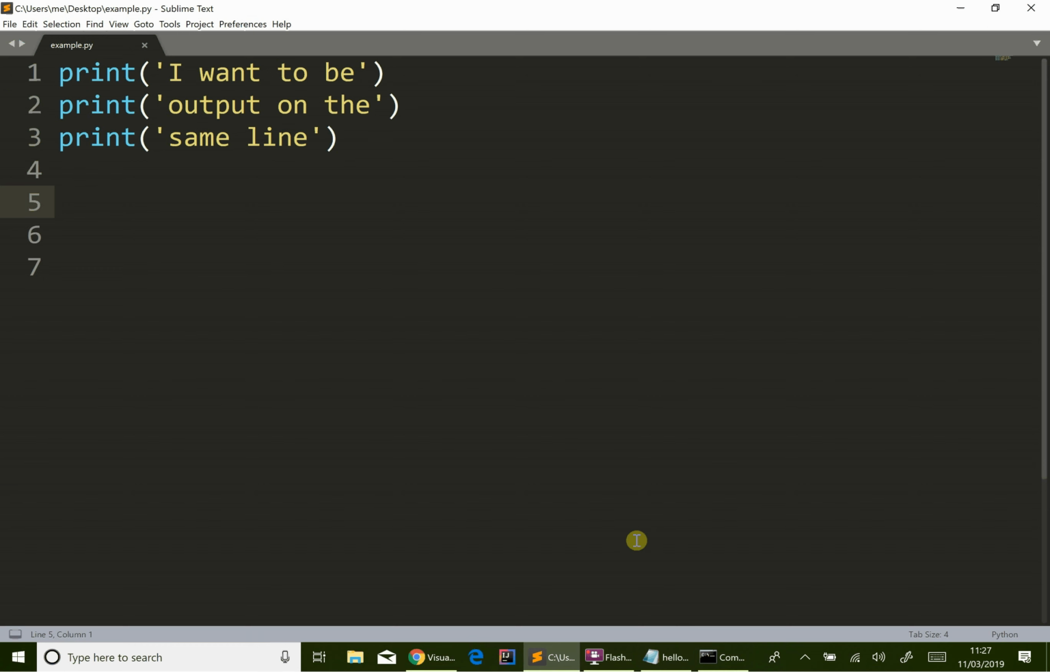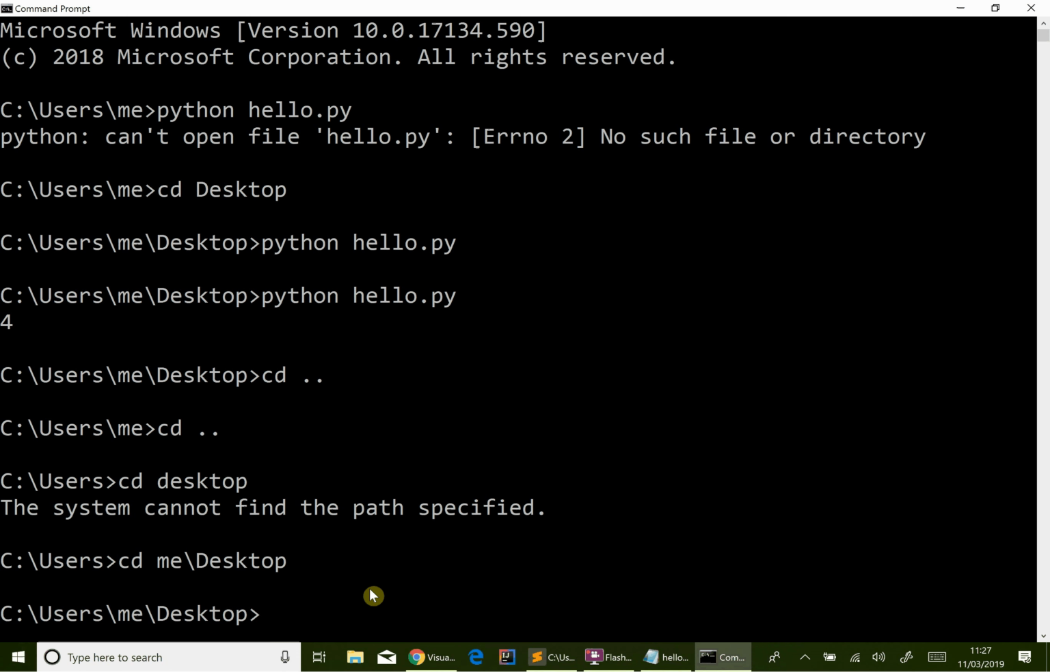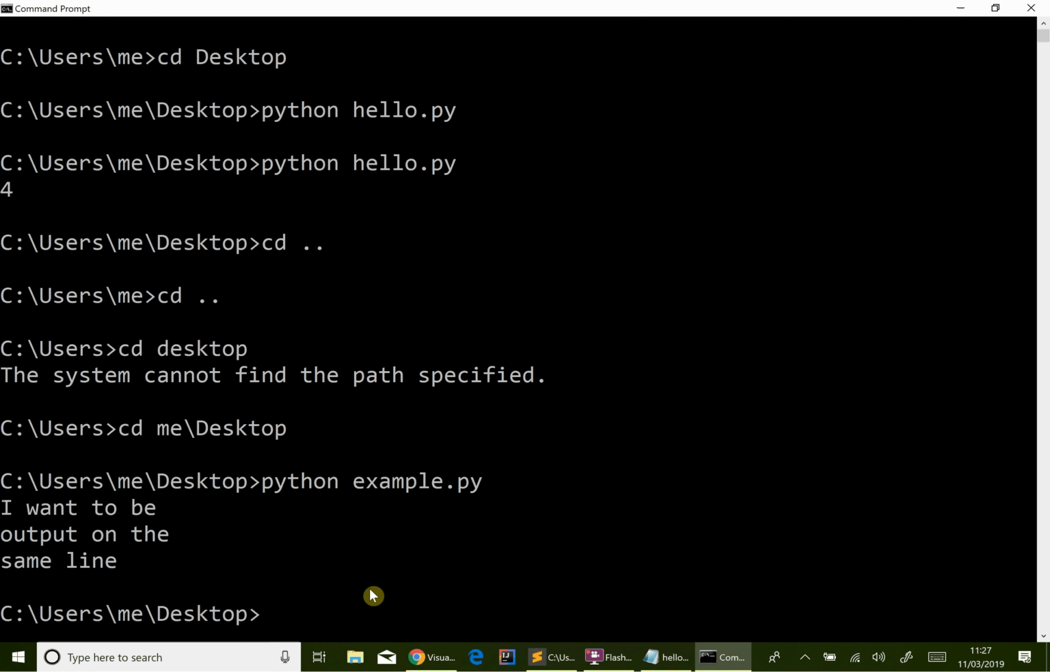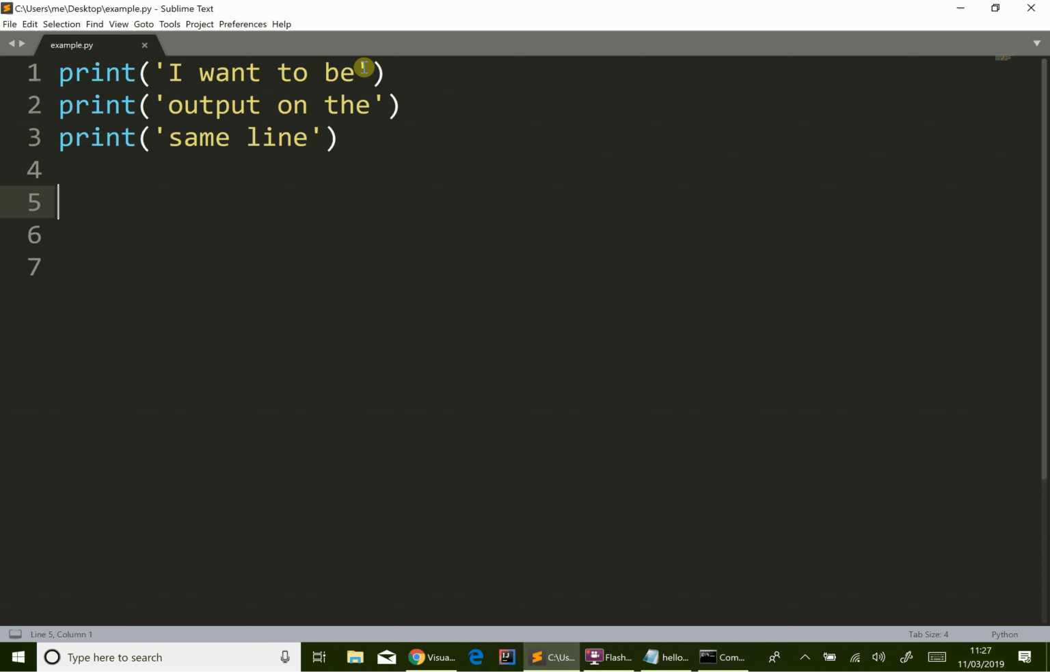So I've already saved this file as example.py, so let me just run it. And you see that there. What we can do is pass another parameter to the print function. Now we need to do a comma, and then we can do end equals. So by default the end will be a \n for new line, remember our escape character, but what I'm going to do is I'm going to put in a space there,